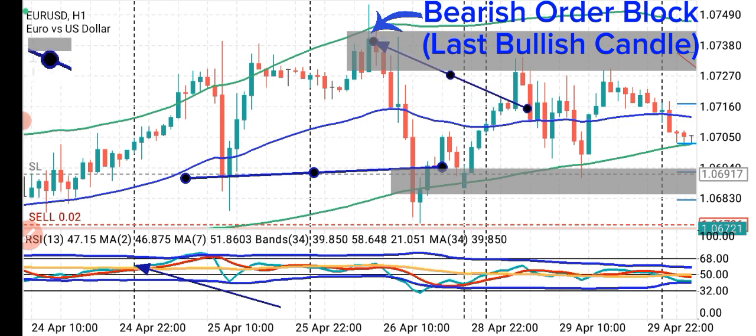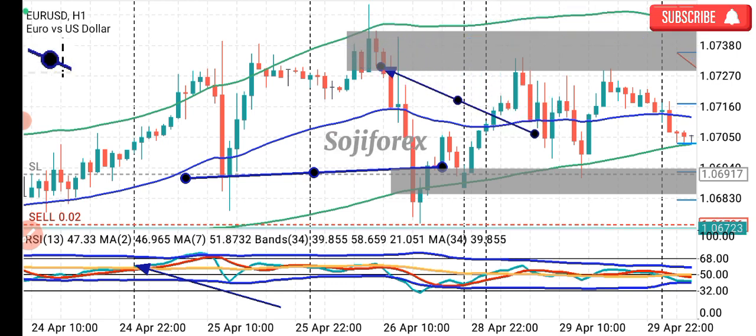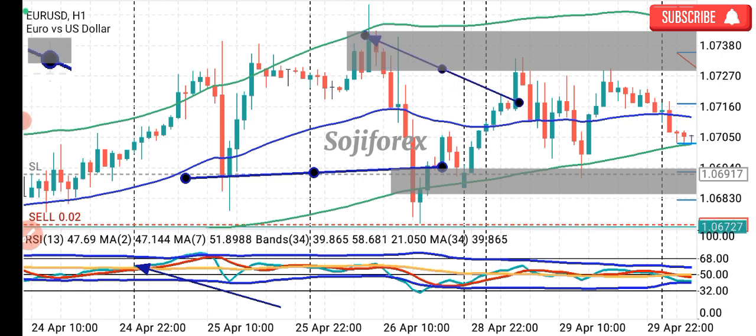So this is the order block, and what it means is that it contains the orders of sellers at this zone, and order blocks are what is responsible for support and resistance. It is at this point of order blocks that we have our support and resistance. So having this order block,